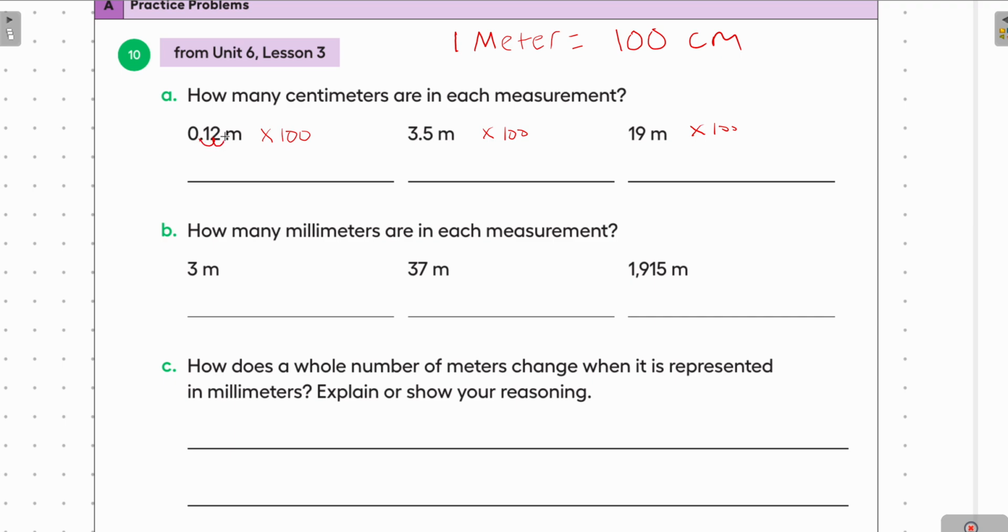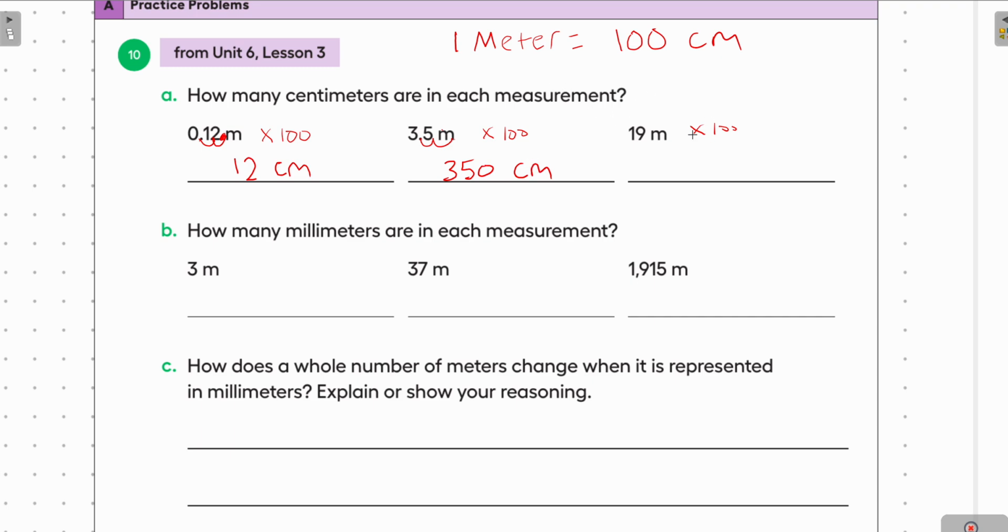1, 2, right? So this is what the decimal point is now. So the number is 12 centimeters. So now we have 3.5 meters, so times 100. So the decimal point is here. So we're gonna go 1, 2. Well, we can just add a 0 here. So that's 350